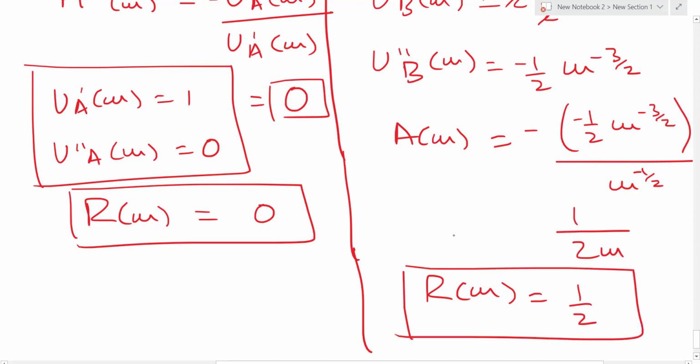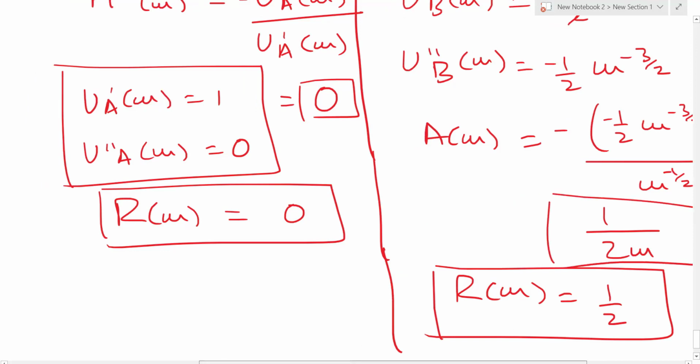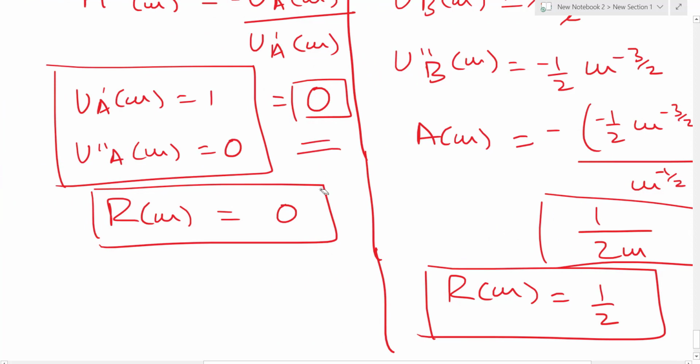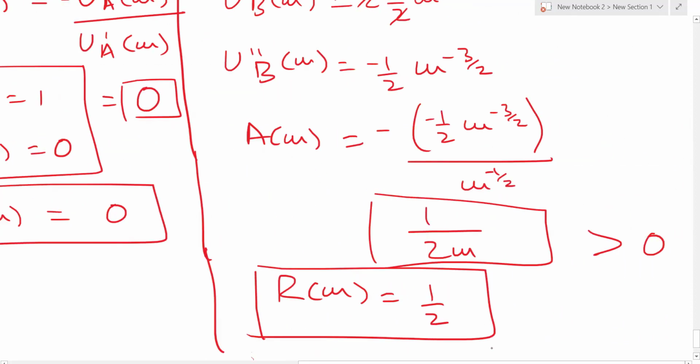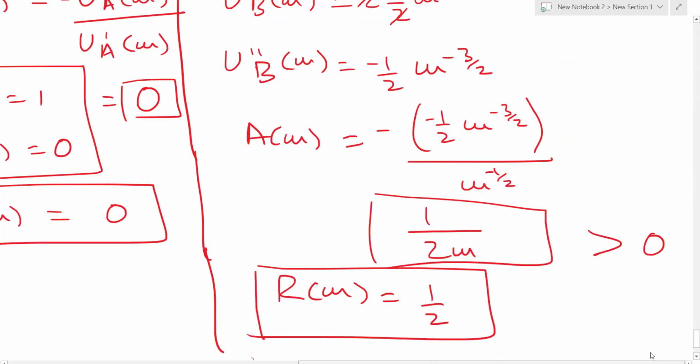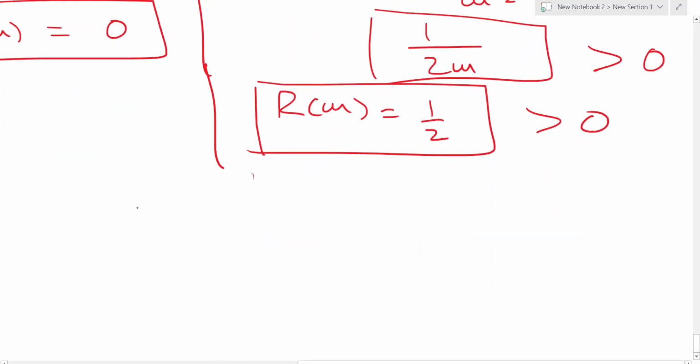Now the question is, which investor is more risk averse? Whoever has the higher absolute and relative risk aversion. We know that for investor A the absolute risk aversion is 0. In the case of investor B, it is greater than 0 because W is positive. In the other case as well, relative risk aversion is also higher for investor B. So what can I say? I can say that investor B is more risk averse.